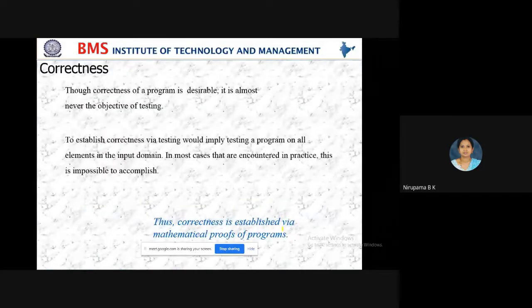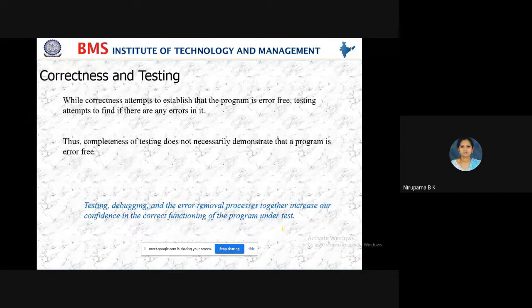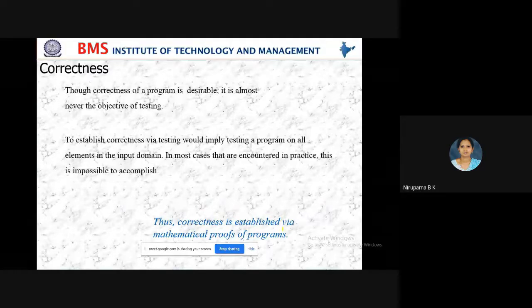the correctness. So when we say correctness, when we execute a program, if the output is according to our desire, then we say the program doesn't have any errors. The program is correct. If my desire is not matching with my observed behavior, then we come to know that the program has some error.